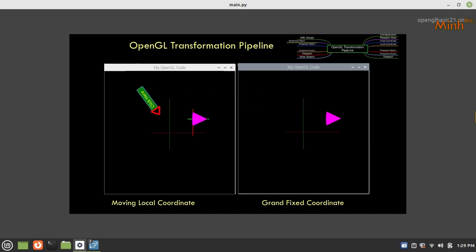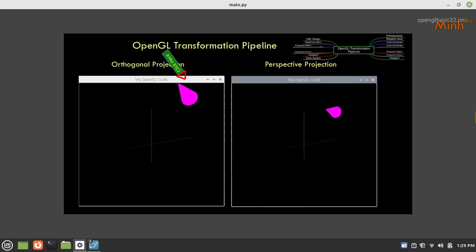Okay, so first we'll see the local coordinate. The final movement is here for the local coordinate, and the final movement is here for the grand fixed coordinate also. The final end result is the same, that we'll see. So we are talking about everything in perspective. Now what is orthogonal? Let's see two items at the same location. Orthogonal would show like this, perspective would show like this. There is a vast difference